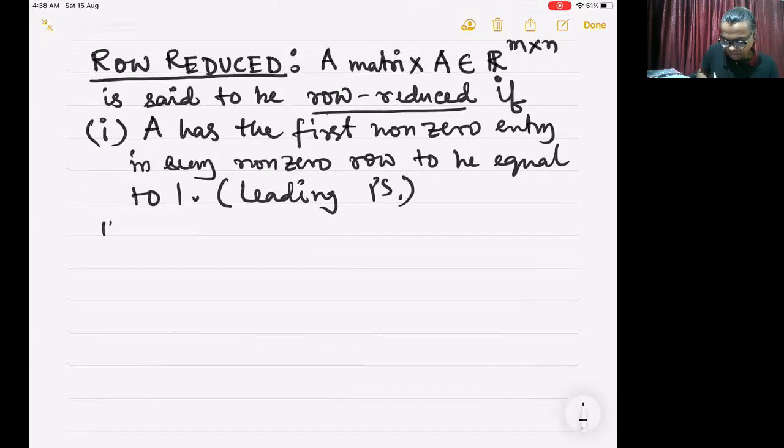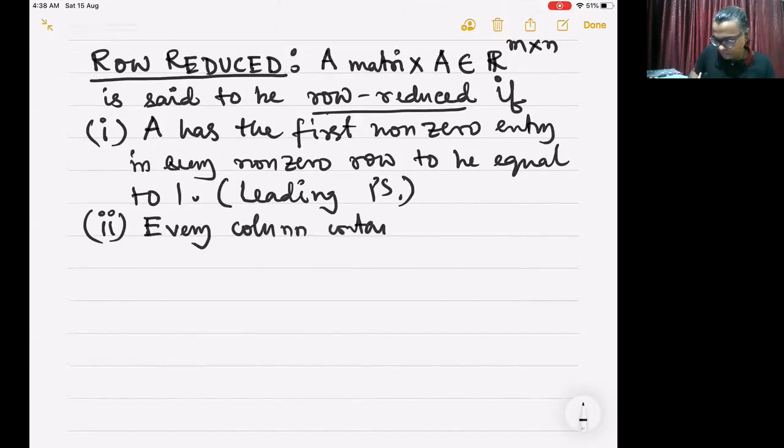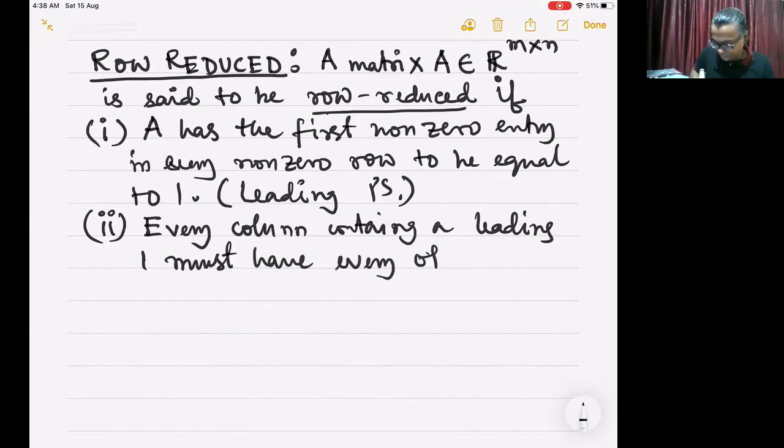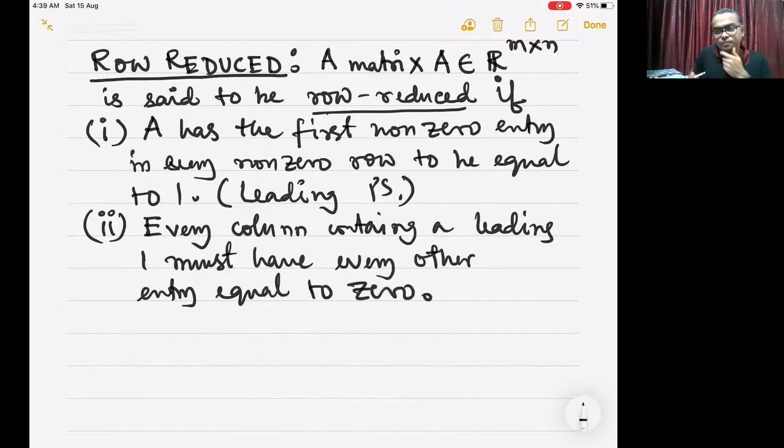Number two property that has to be satisfied is that every column containing a leading one must have every other entry equal to 0,